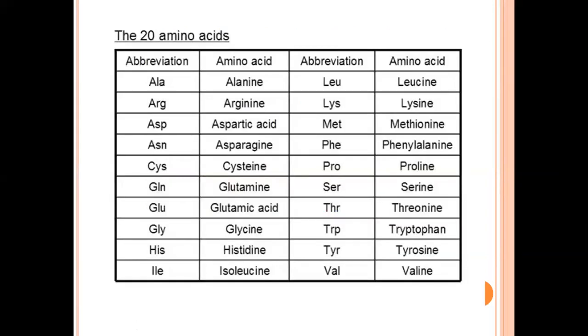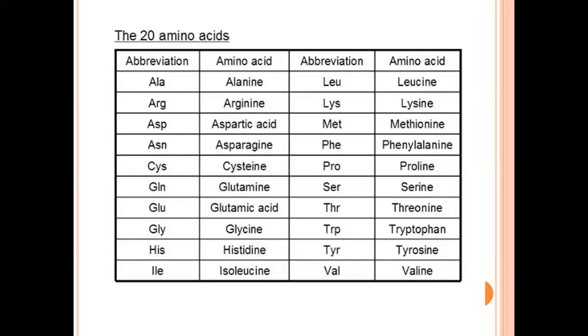Now, as I mentioned, there are 20 different amino acids. These are known as standard amino acids, which are mainly present in proteins. You will find many other amino acids, but they are not a part of typical proteins. However, now they have found two more new amino acids which are considered the 21st and 22nd amino acids, known as selenocysteine and pyrrolysine respectively.